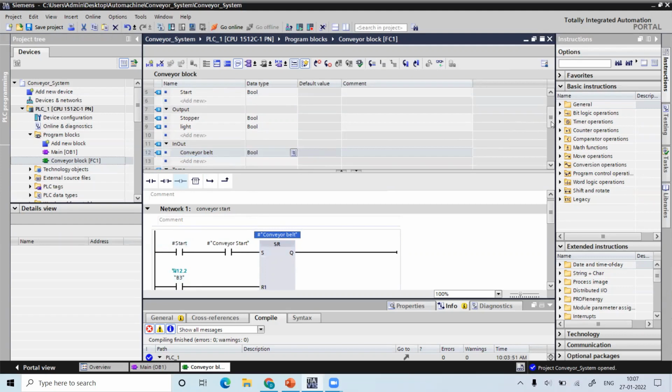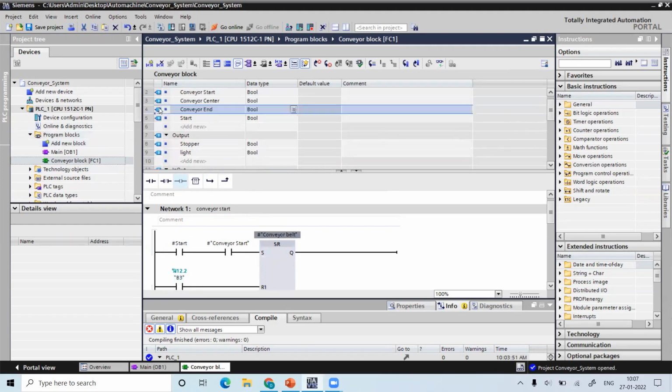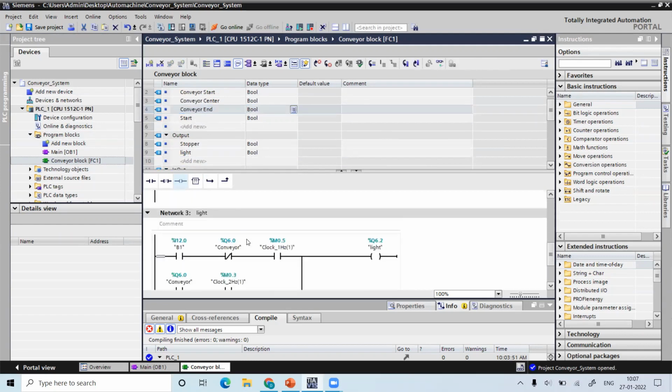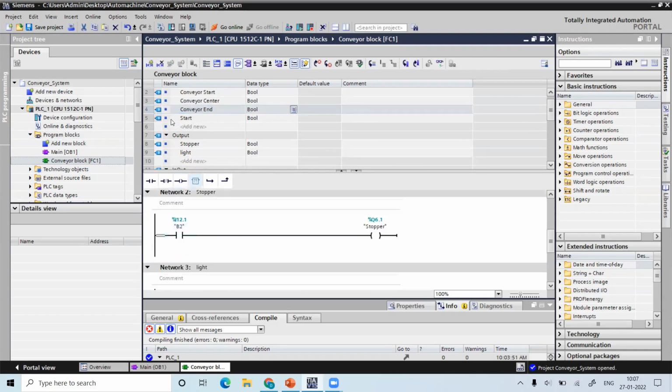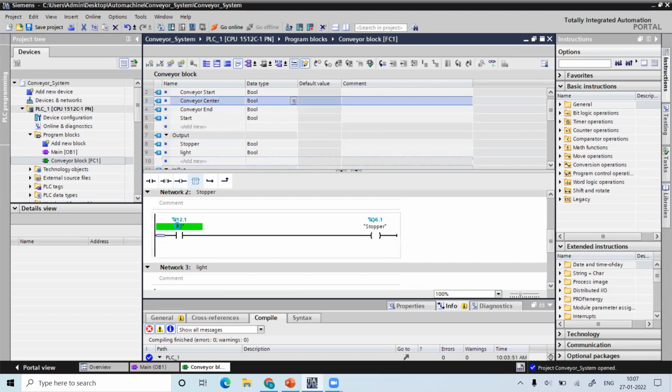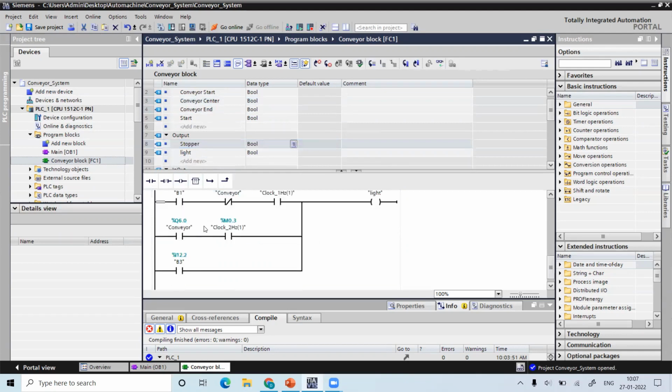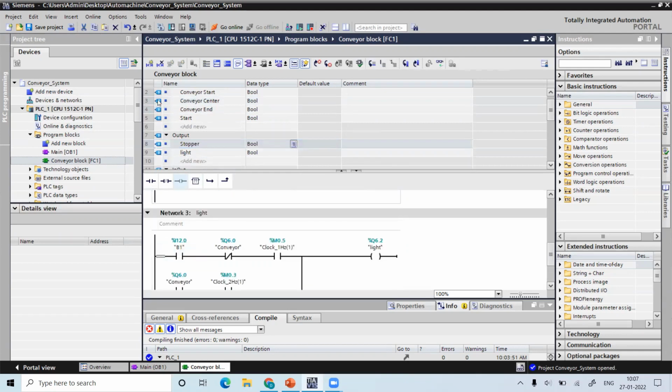B3 is my conveyor end. B2 is the conveyor at the center. For the stopper, I have the tag for step 1. B1 is the conveyor at the start. And this is the conveyor, where both in and out come into the picture.